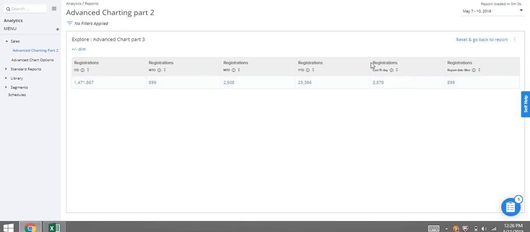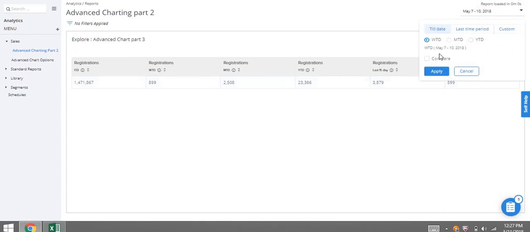This is the one option that I had not given last time. Now I am showing it. So there was an option where you can have your own custom look back. Here I have selected it as last 15 days. You could have selected anything from year, month, days also. Options are available. And this is the normal KPI, that is report date filter, which is the default KPI that is created when you don't use advanced chart option. And now you can do your comparison.